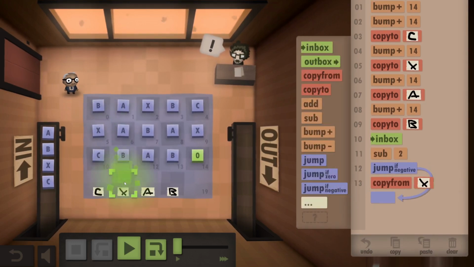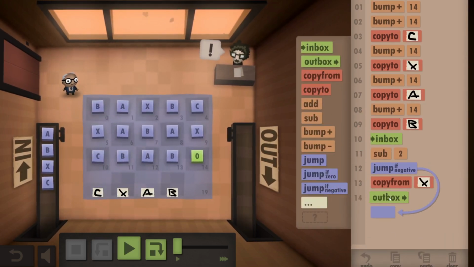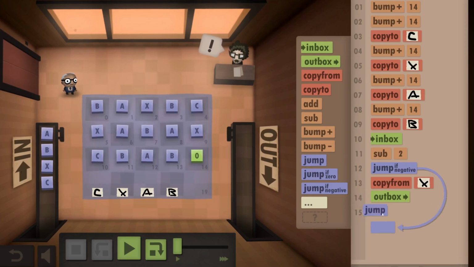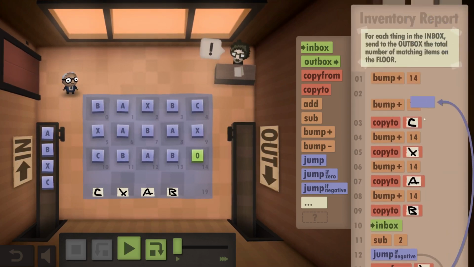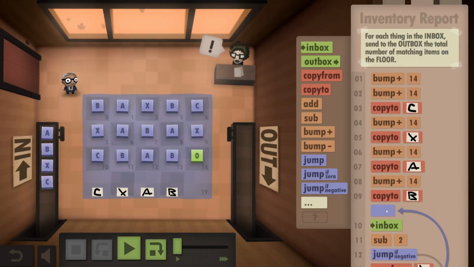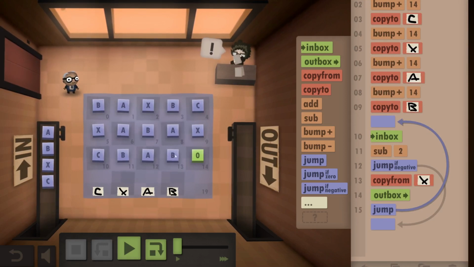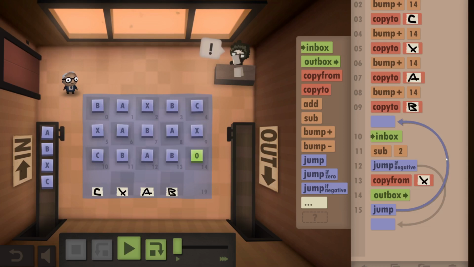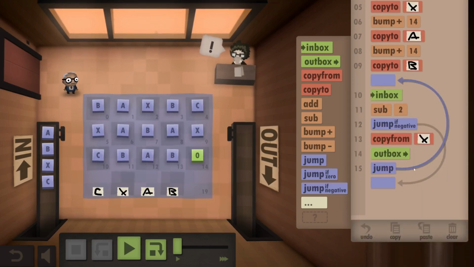get our count of X, send that to the outbox, and go back to, no, we don't even go back to the beginning because this is where we set up the count. We only need to do this once. We go back to getting our next number from the inbox. And similarly,